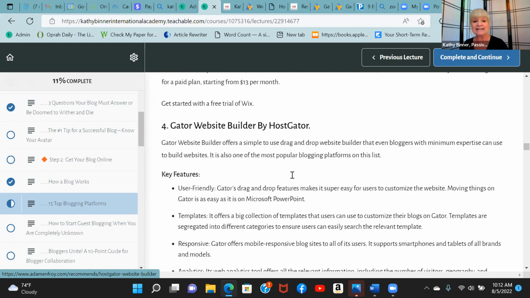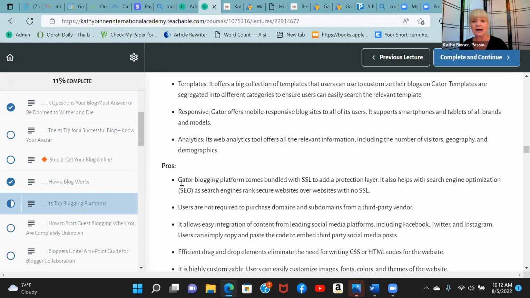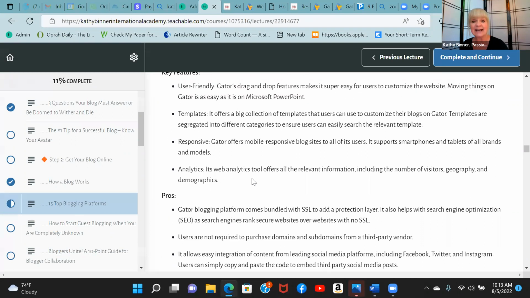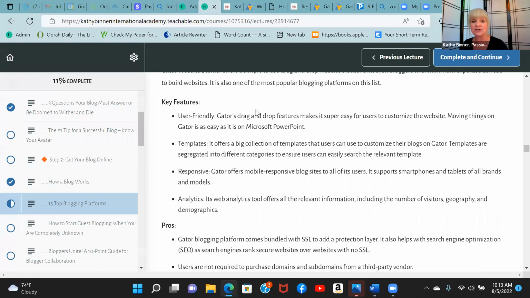The reason that I picked HostGator, and one of the big deals with HostGator, is it has a drag and drop feature right here. It's user friendly. That's one of the key features of HostGator, it's just drag and drop, and it makes it super easy for you to customize your blog. So with that, I'll go back up here to the top, and I want to show you,